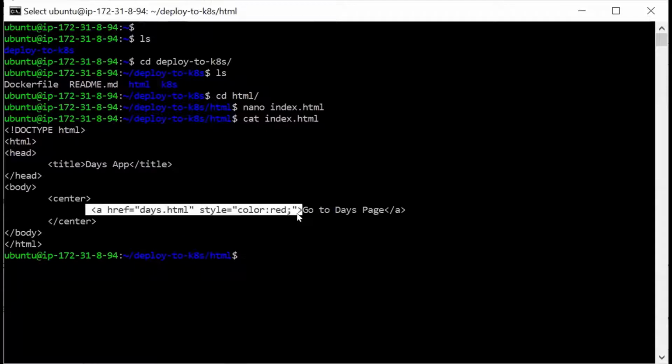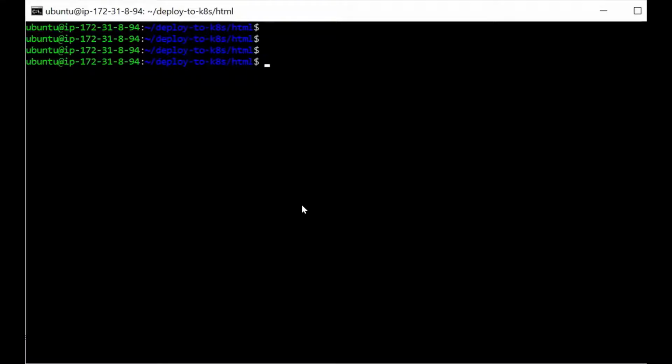So we have successfully changed this application a bit, right? So we have applied a small change to our application, and we want this to be reflected for our application when we deploy this onto the Kubernetes cluster, right? So for that, instead of rewriting all the necessary commands to deploy that onto K8s, we will write those commands into a shell file. Okay, now go back to the previous parent folder, which is the deploy to K8s folder, from the HTML folder. So cd .., and then here we shall create the deploy.sh file. Okay, so nano